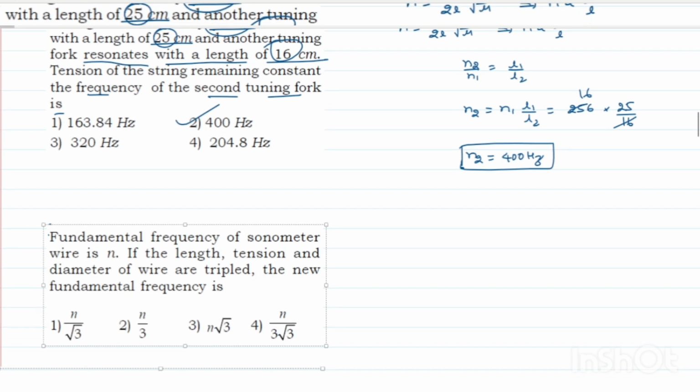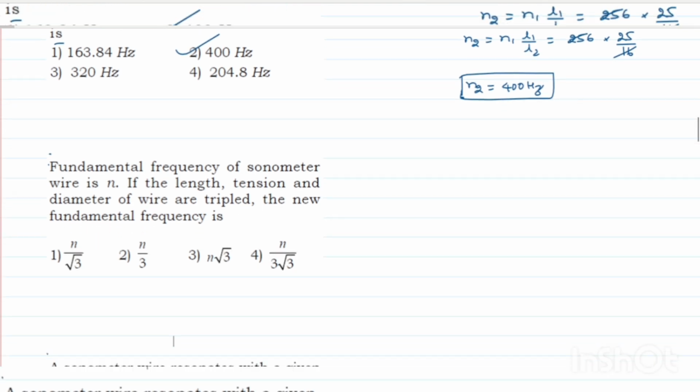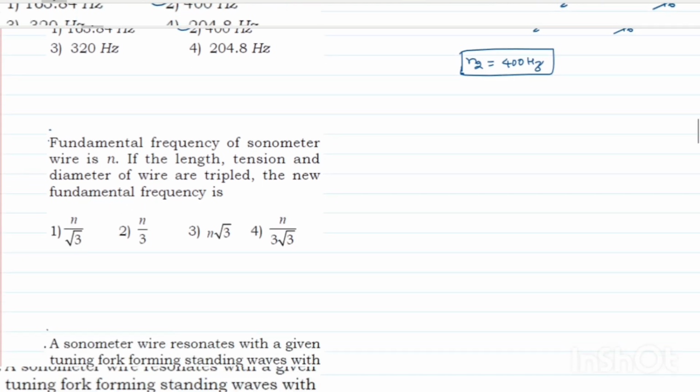Let us see the next question, students. The fundamental frequency of the sonometer wire is n. If the length, tension and diameter of the wire are tripled, they are asking for the new fundamental frequency. So the length, tension and diameter are changed. You just relate the frequency with the tension, length and diameter. Then n equals 1 by 2L into root over T by mu,